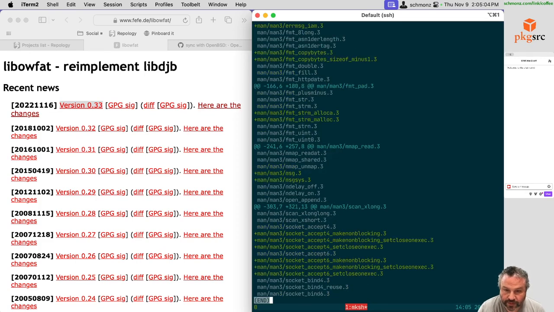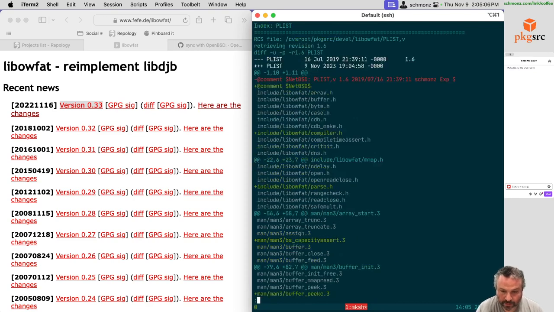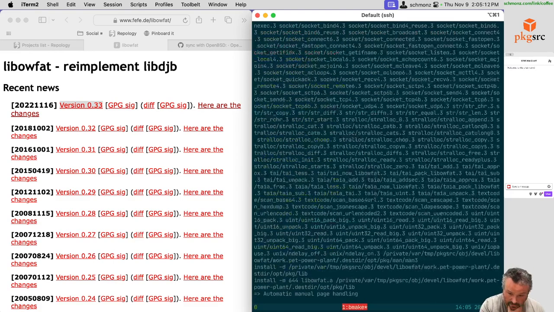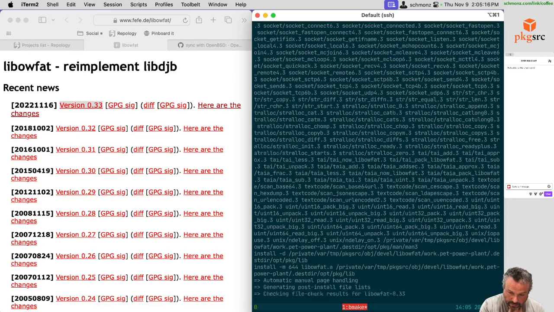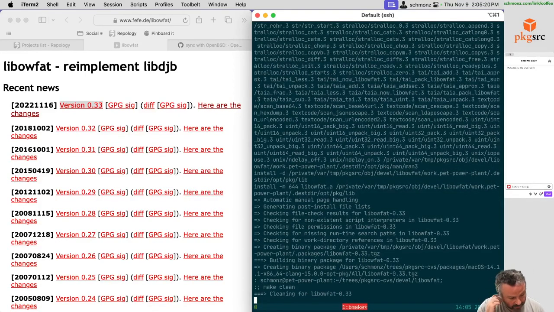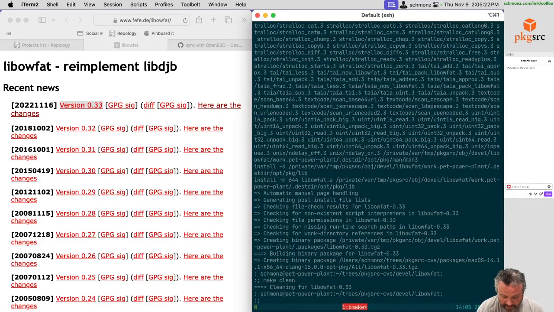A bunch of manual pages. And a couple includes. Okay. So given the right patches,